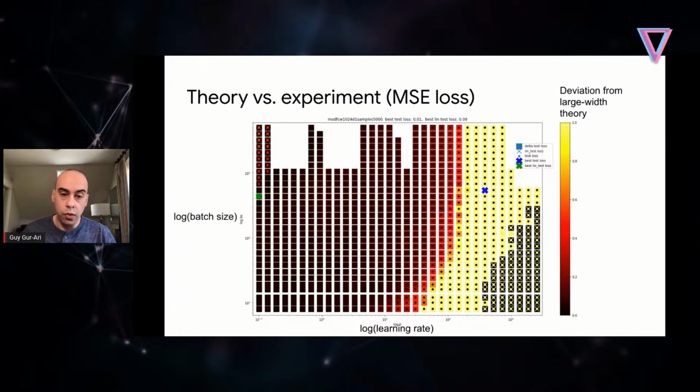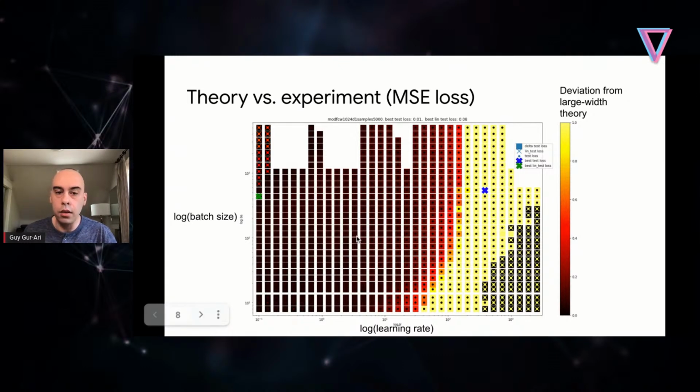Okay, so to summarize the empirical results that we're seeing, we're sweeping over these two hyperparameters, learning rate and batch size. We see that there's a region where the theory works, and that is roughly the small learning rate region. And we see that as we cross a threshold, what looks like a critical value of learning rate, suddenly the theory abruptly breaks down. We can still train the network just fine, and in fact, we get the best performance there, but the theory doesn't work. And if we keep cranking up the learning rate, then we get divergences, and the model stops training.